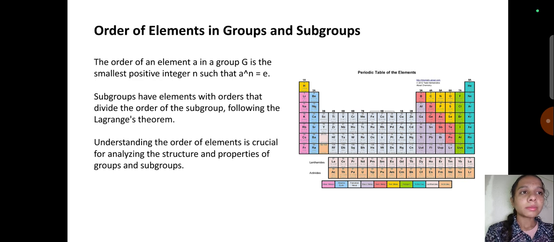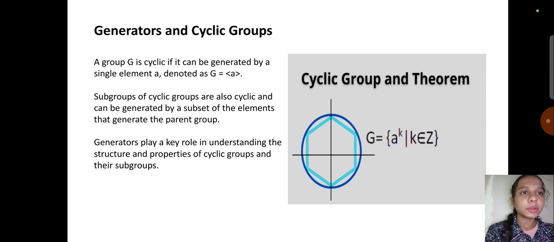Here there is a periodic table of the elements in groups and subgroups you can see. And next, generators and cyclic groups. A group G is cyclic if it can be generated by a single element a, denoted as G equals ⟨a⟩. Subgroups of cyclic groups are also cyclic and can be generated by a subset of the elements that generate the parent group. Generators play a key role in understanding the structure and properties of cyclic groups and their